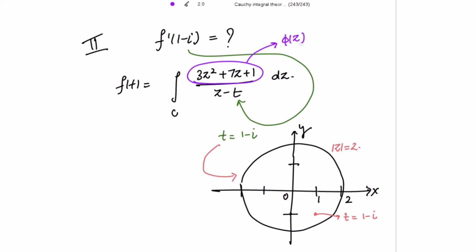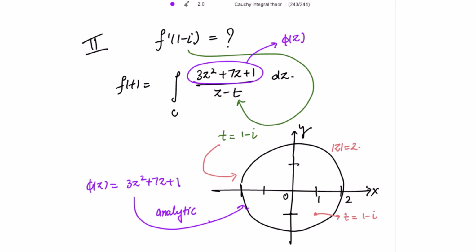We don't have to include the denominator. Because for this denominator, when putting z minus t equal to 0, here the point t is 1 minus iota. So z is 1 minus iota and this point is lying inside this circle, right? So for this we take our phi z to be 3z square plus 7z plus 1. And this function is analytic everywhere inside this circle,